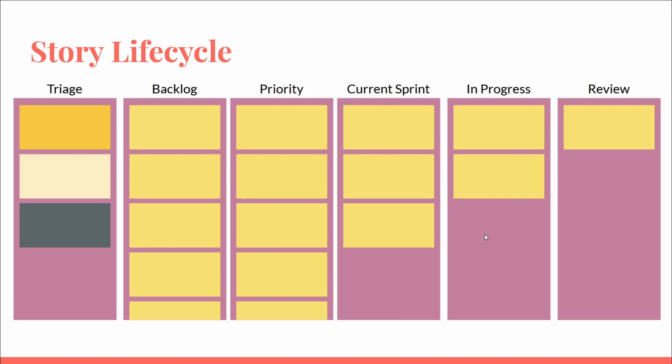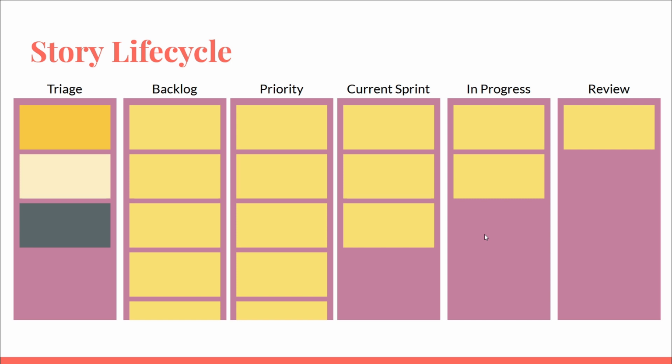Okay, so now we get the story life cycle in pictures. I mentioned that Agile has many different approaches and many different implementations. What I'm showing you here is the board that I use at work. This is a board that we slowly developed over the course of 3 years, and we added in and removed different lanes as we found use for them.